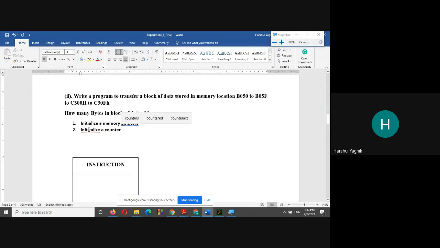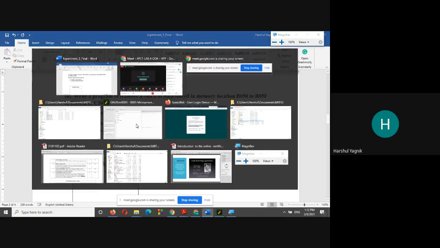This counter, what should be the initial value of the counter? Tell me. What should be the initial value of the counter? 16.